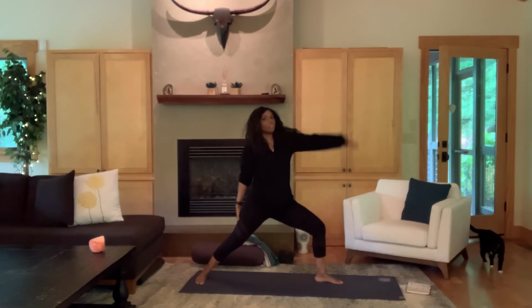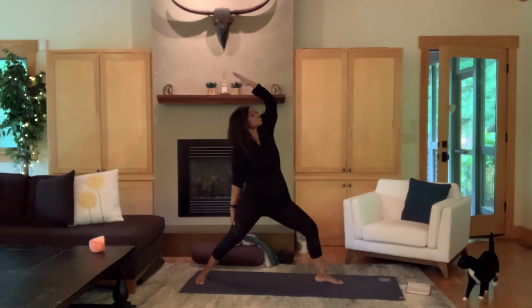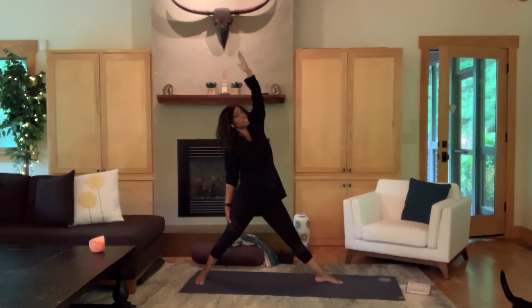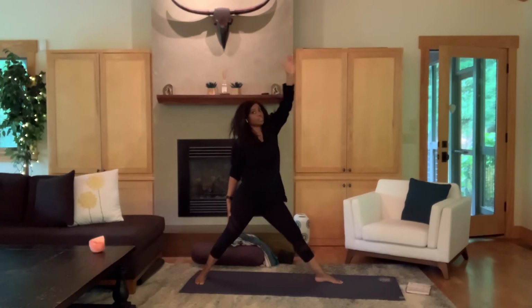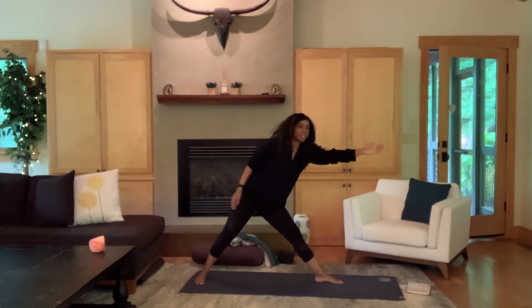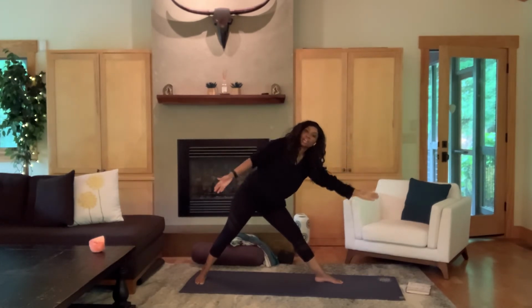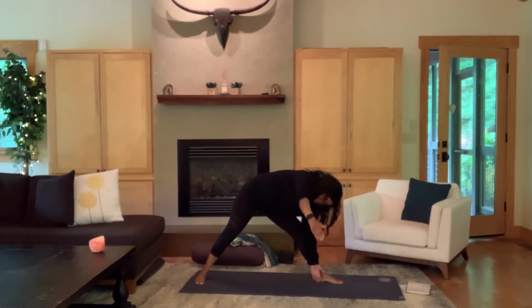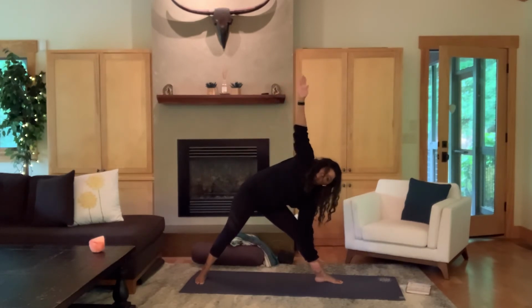And inhale, reverse. And again, this time stretch that front leg straight. Begin to lean the upper body over that front leg. And come on down to your triangle. And again, if you're finding that the arm is down here, the upper body is here, just bring up that